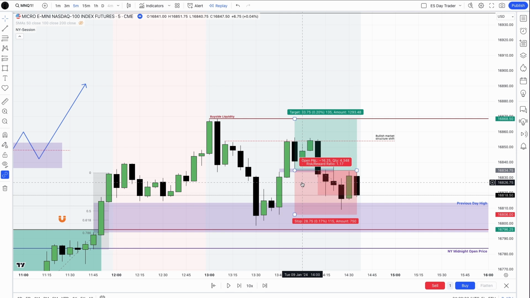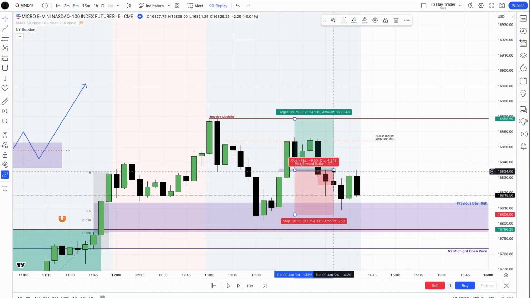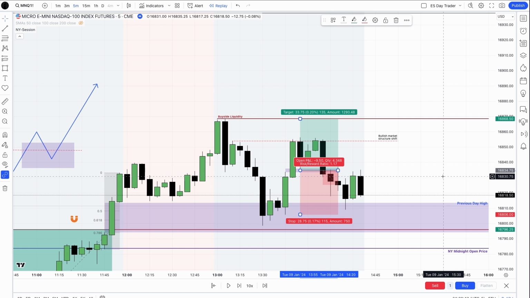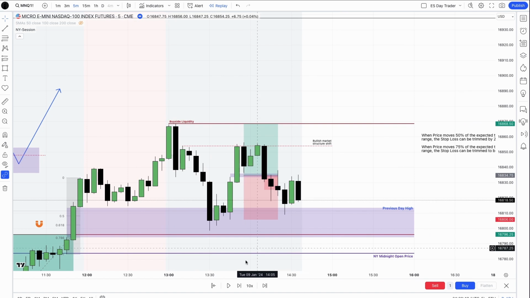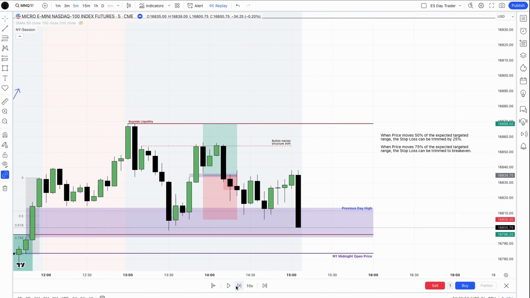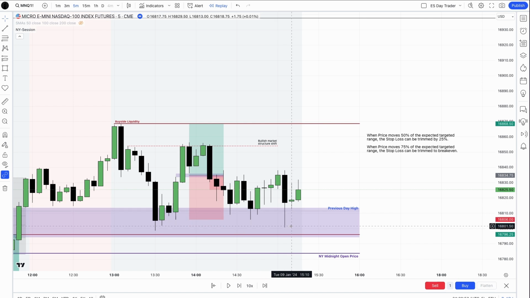Honestly I wouldn't have taken this because the risk to reward ratio is not all that great. It's just barely a 1-to-1, and at this point that's not the type of trade I'm looking for. So I think for that reason I wouldn't have taken this trade. As tempting as it is to take this one or the next one, moves back into here looking for target up, it just doesn't happen.